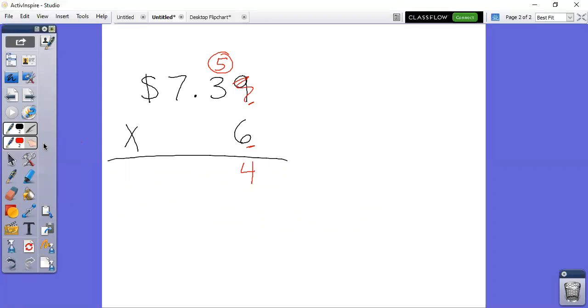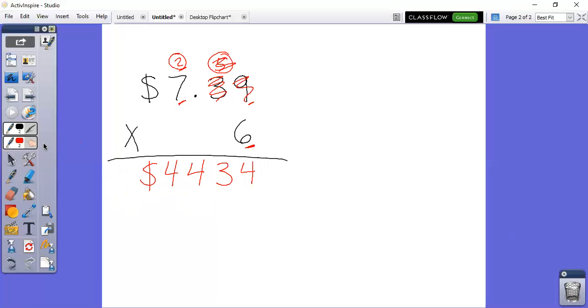6 times 3 is 18 plus 5. 18 plus 5 is 23. Put my 3 down there, my 2 up here. Now I'm done with my 3 and that 5. So now I'm going to do 6 times 7, just 42, plus 2, just 44. 44. So is our answer